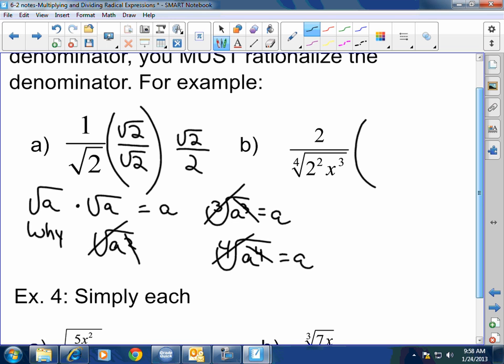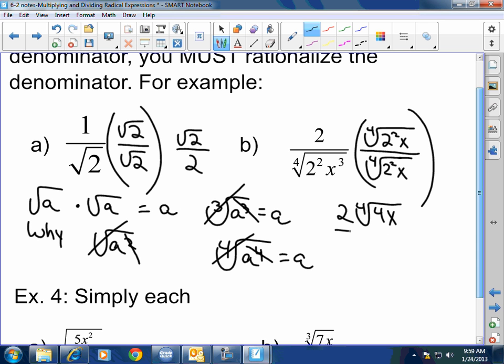So I'm going to multiply both top and bottom by the fourth root of 2 squared x. Why is this crazy man doing this? Check it out. This is going to be 2 times the fourth root of 4x over the fourth root of,